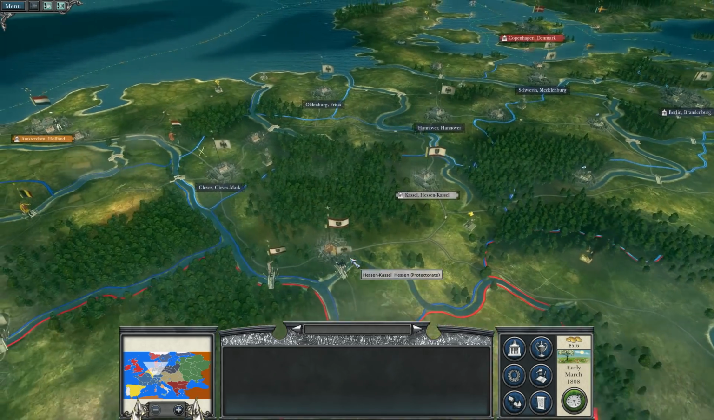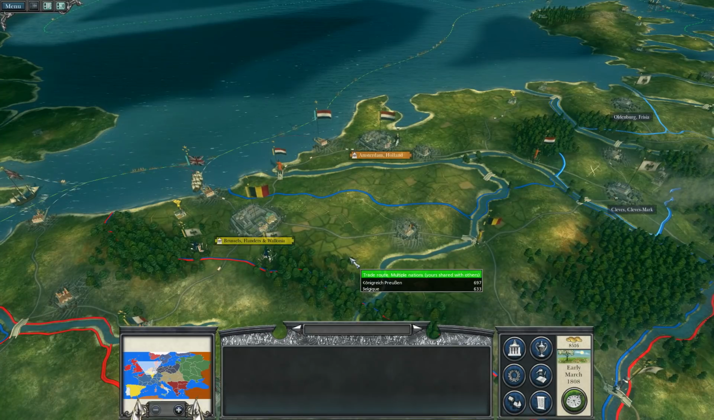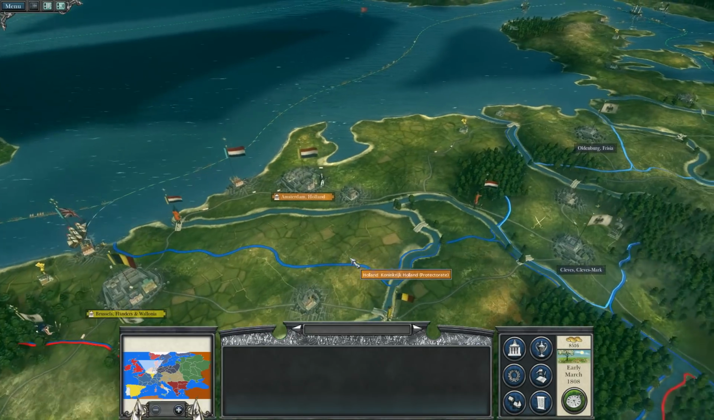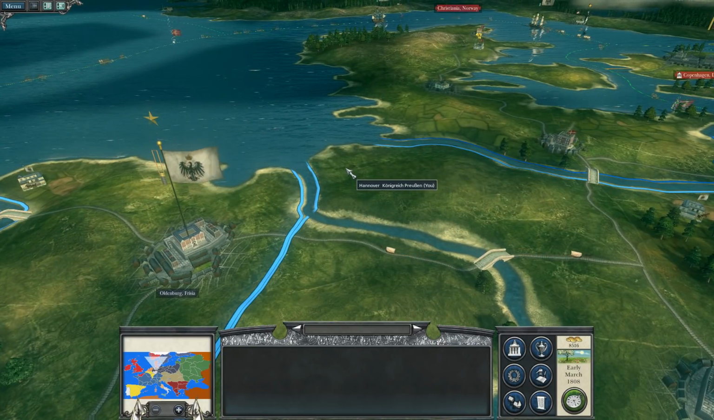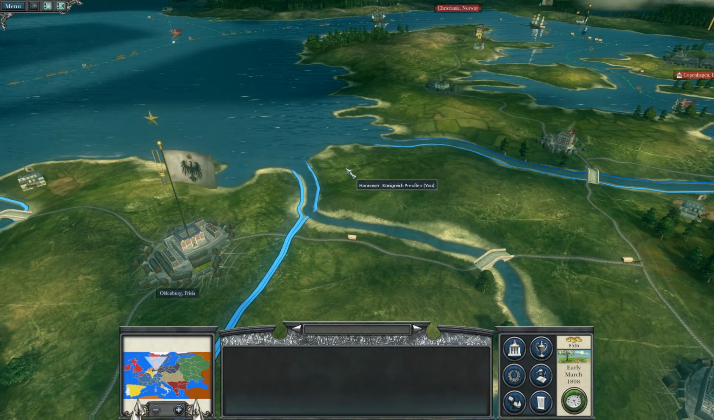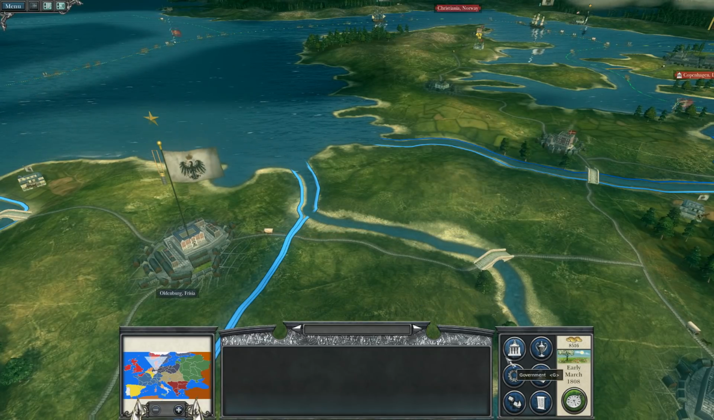Also, Britain has tried to make a move on Hanover. Somehow, though, I managed to save that from the brink of disaster. They had a full stack ready to land in the Hanover region, but somehow I managed to turn it around. My one thing, I think,